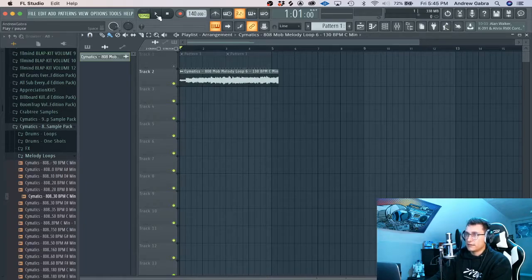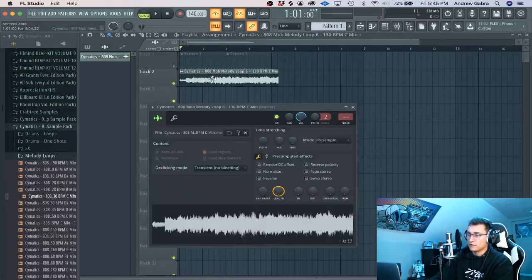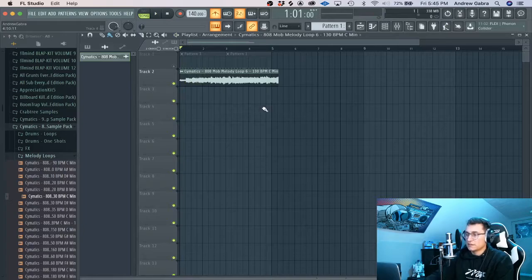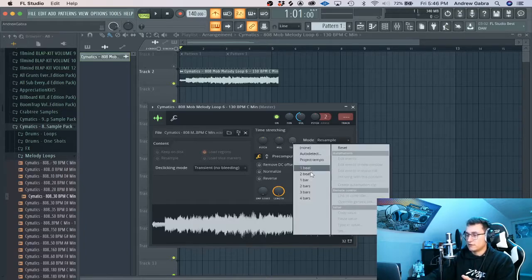If you click play, it's super offbeat. Also, if you double click, it'll bring up this menu. Let me just turn the volume down a little bit. So it's offbeat. So what you want to do is double click and right click this time knob right here, and what that does is it stretches the time, like the speed of it. And then you go to 4 bars, because up here if you look, these are the bars: